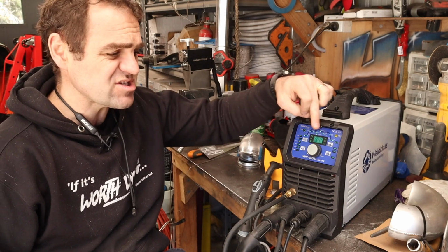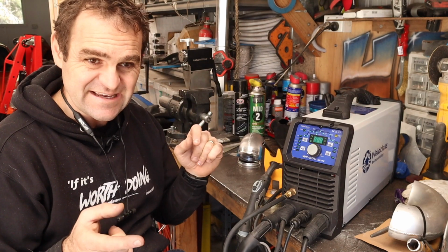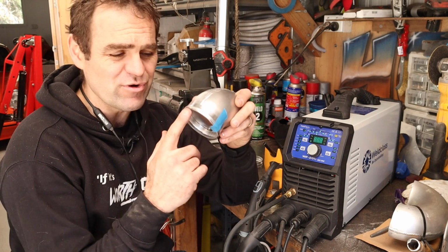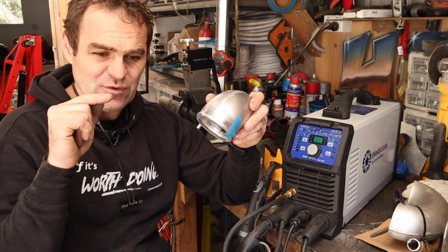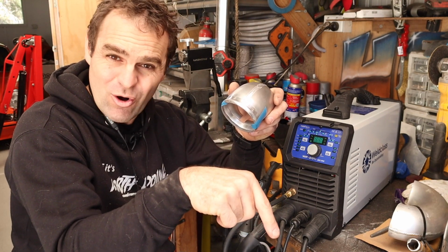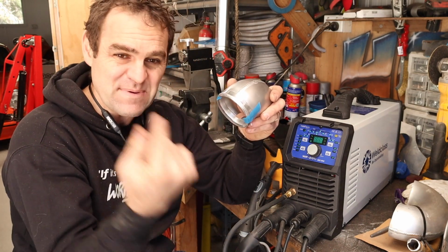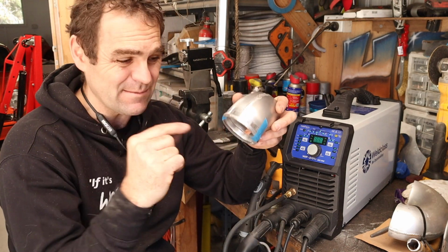And when you select AC, the difference between AC and DC is AC, alternating current. So on aluminium, the reason why you really want AC is because DC, the way I imagine it, is the power is just going into the weld the whole time. Whereas AC, alternating current, is going into the weld and out of the weld. A bit in and a bit out. And the bit in is doing the welding, the bit out is doing the cleaning, because